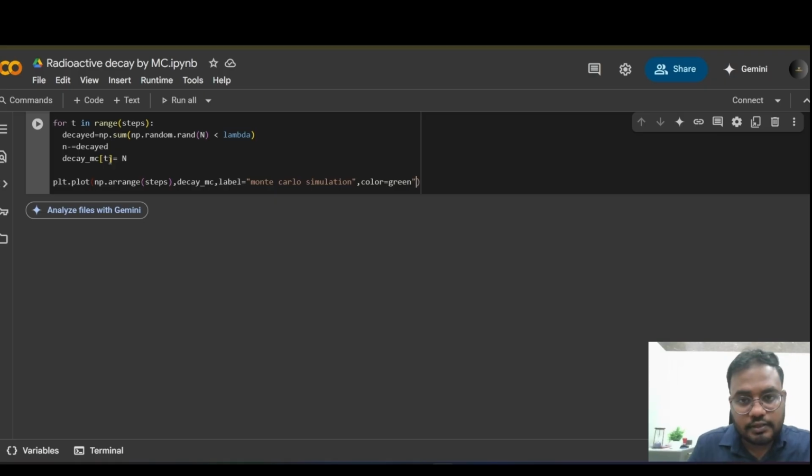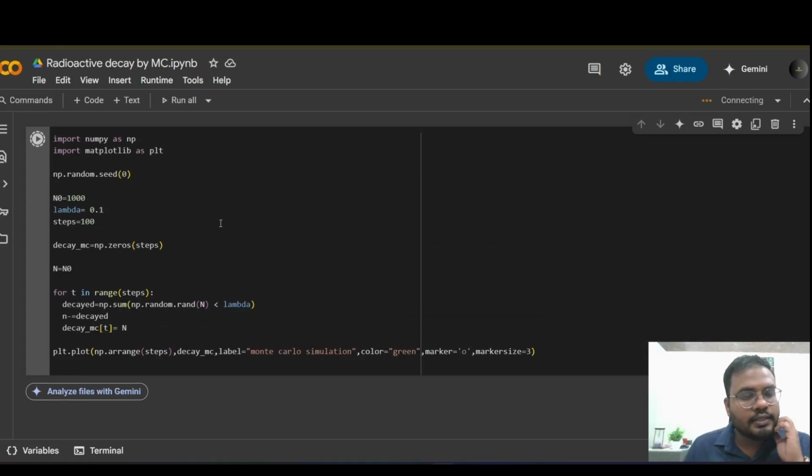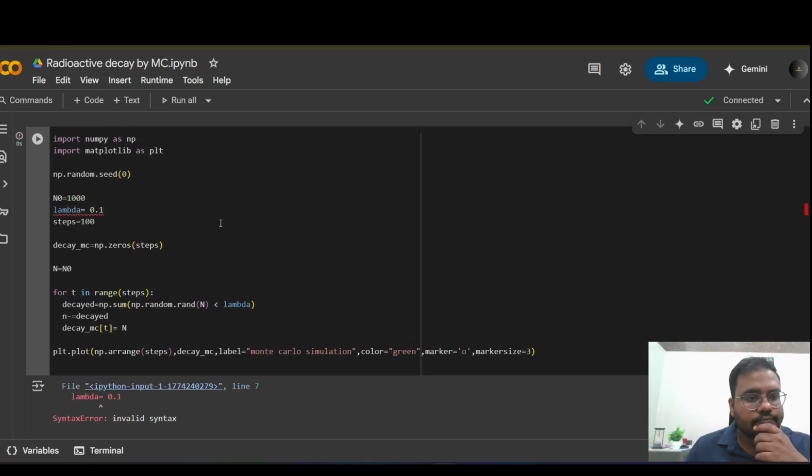I have to put it in double quotes. Yes, and I want a marker. So marker equal to O, and at last marker size equal to 3. Okay, nicely done. Let's run it first, then we will see the mistakes.